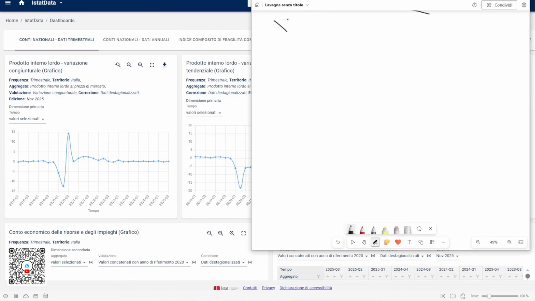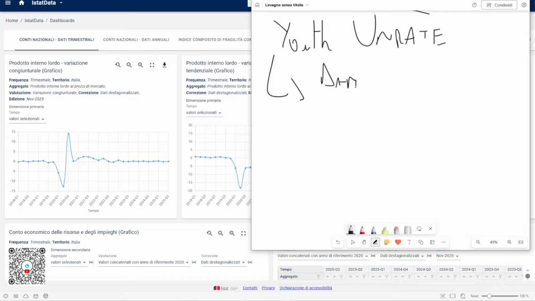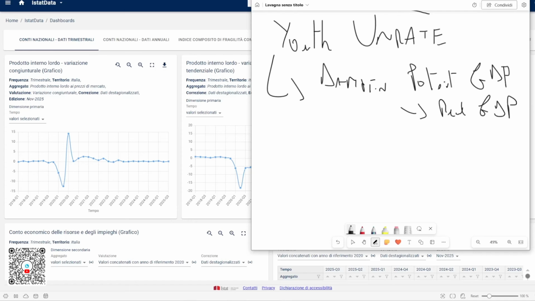So it's youth unemployment. It's a big drain. It's like driving a car with the handbrake on. So high youth unemployment, especially in Italy, has a dampening effect. It dampens potential GDP, and it dampens real GDP. Another factor